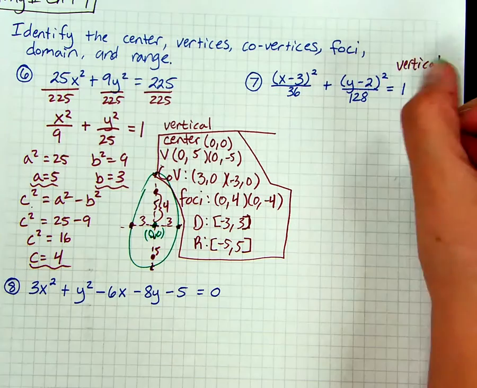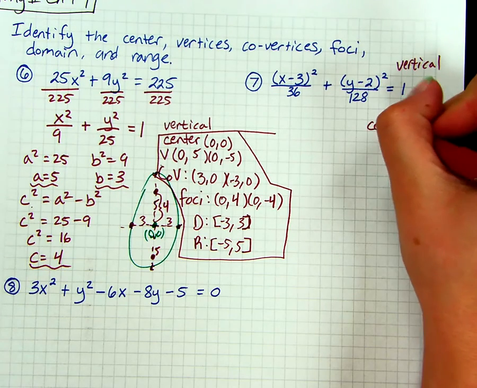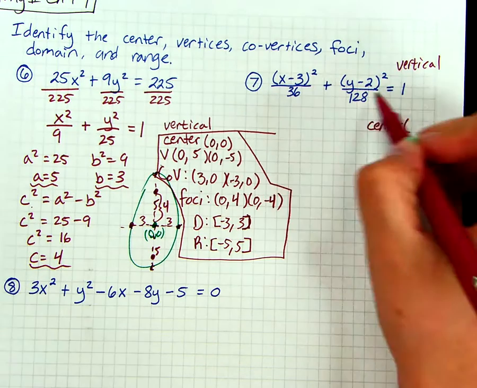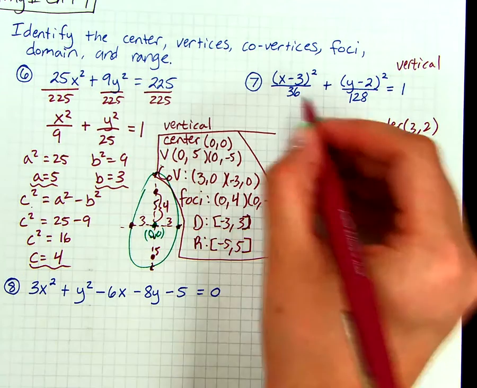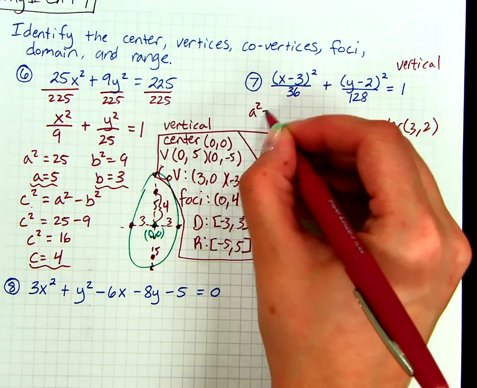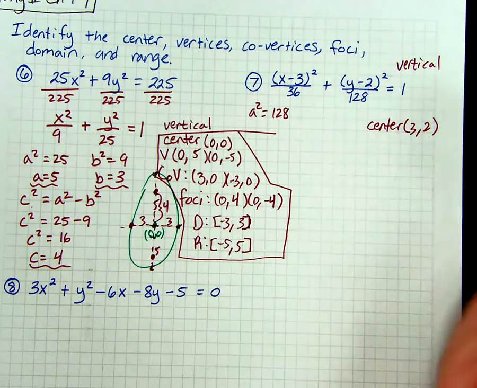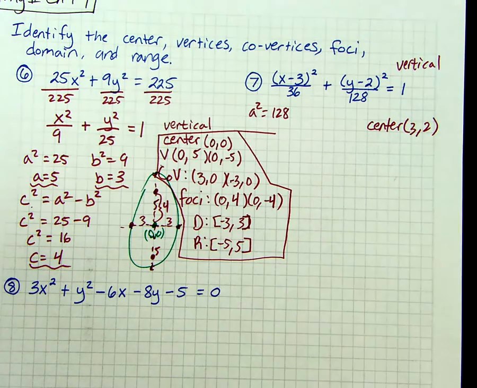So in the center is h and k, so we're going to have 3, 2 for that. And then our a, so a squared is 128. So again, we would just start by taking the square root of that,